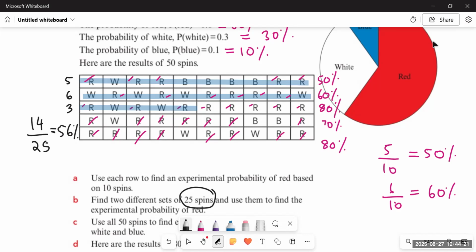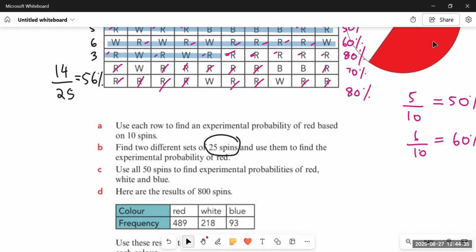And for the next 25, how many will we have? You can see that in the next 5, we are having 1, 2, 3, 4, 5. 5 plus 7 plus 8, because in the last two rows we have 7 and 8 respectively. So it would be 5 plus 7 plus 8 equals 20. So for the next 25, we are having 20 out of 25. You can check it because 14 plus 20 makes 34, the total.